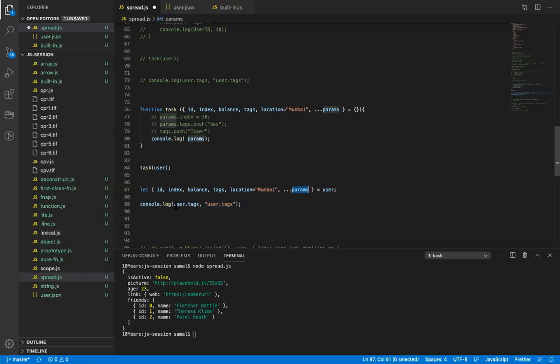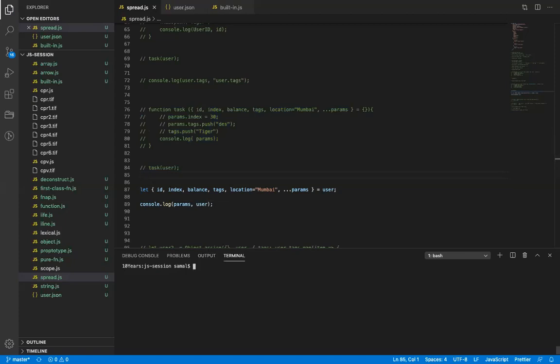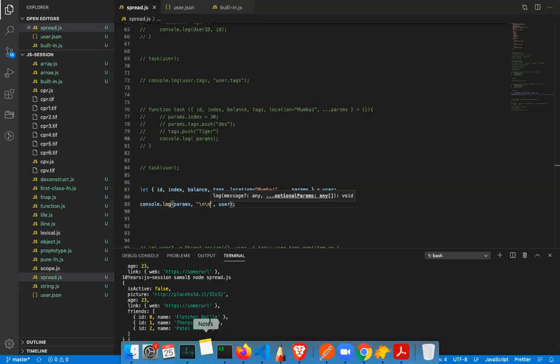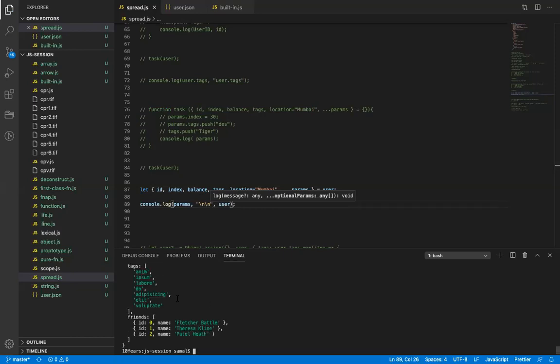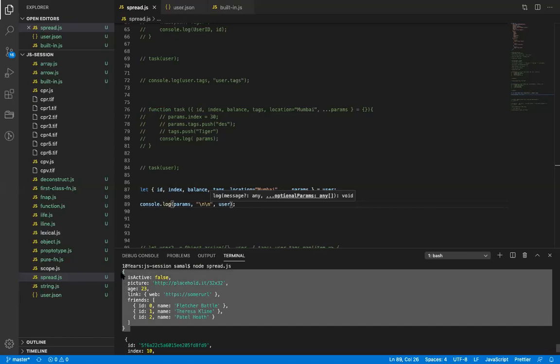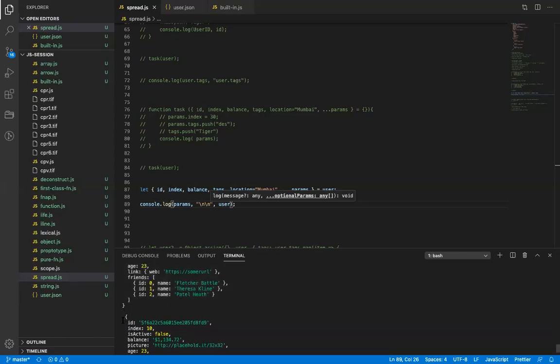If I now run this params, and if I run this user, just comment this out. You will see this. Let me give you a new line here. See this. This is the params. Params doesn't have those keys, but the original user object already has them.